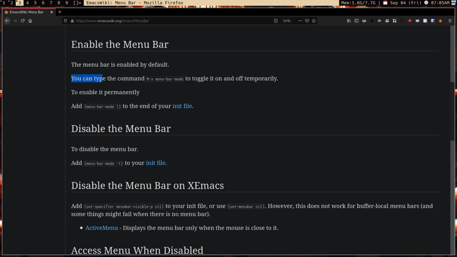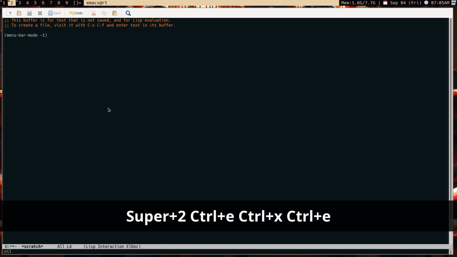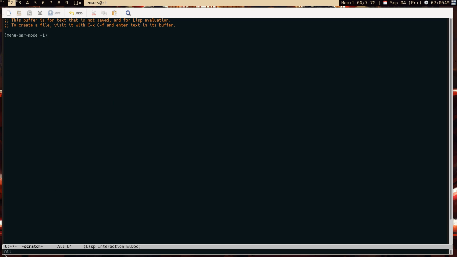Yeah, add menu bar mode 1 to leave this, okay. Just to enable menu bar, we have to type this. Just to disable menu bar, we have to type this, okay. So it's not telling what it's doing, but it will work, okay. So let's go to the end of the line. Let's press Ctrl X and then Ctrl E, and what it says is nil, and it removes the menu bar,